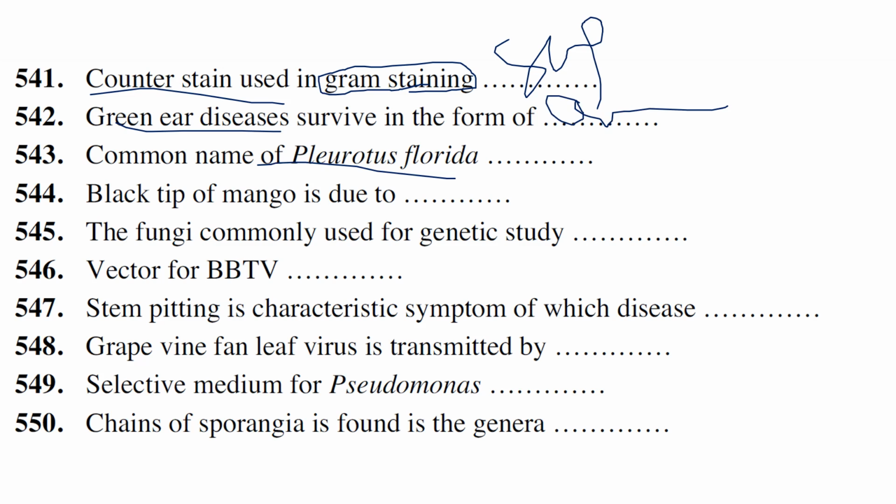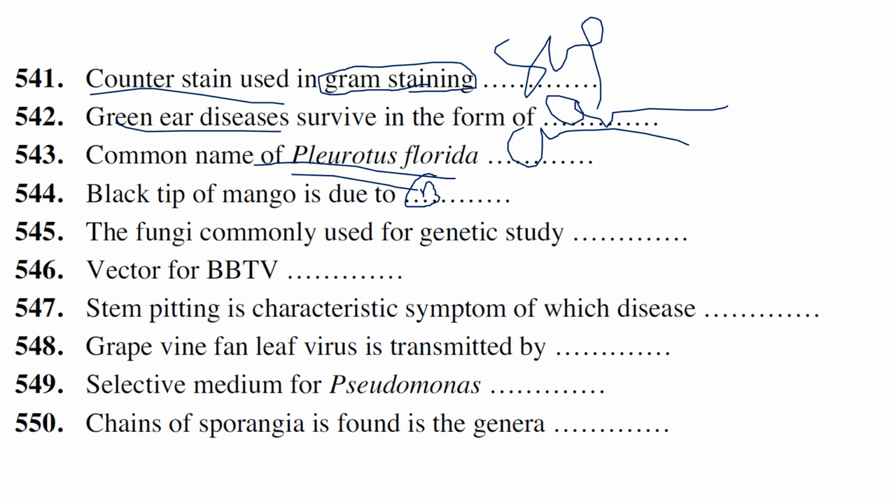Common name of Pleurotus florida: oyster mushroom is generally known as Pleurotus species. Florida or maybe other species are there, but the genus is Pleurotus only. Oyster mushroom, Pleurotus. Black tip of mango is due to boron deficiency, and there might be other reasons also for